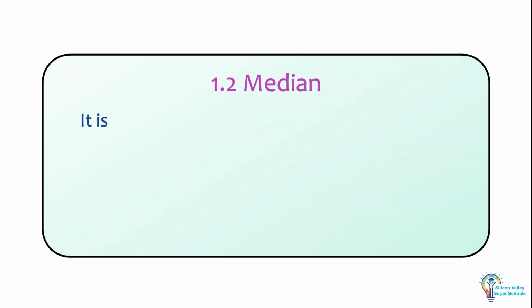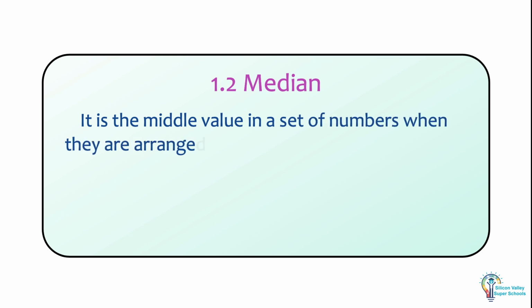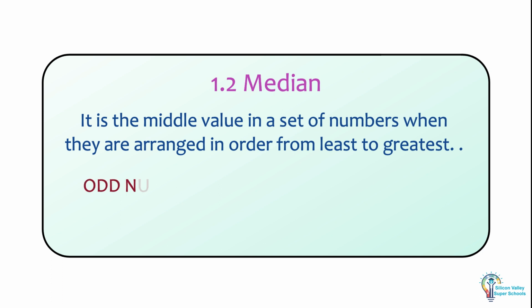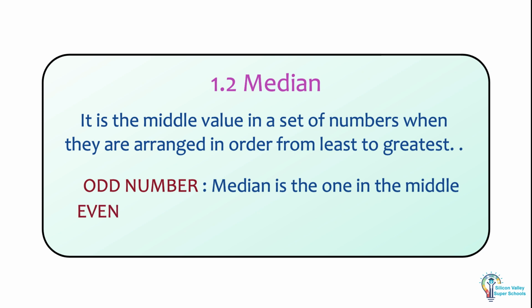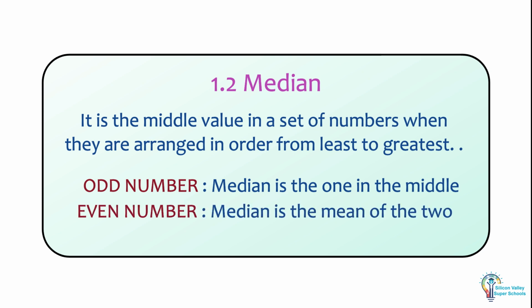The median is another type of average. It is the middle value in a set of numbers when they are arranged in order from least to greatest. If there are an odd number of numbers in the set, the median is the one in the middle. If there are an even number of numbers in the set, the median is the mean of the two middle